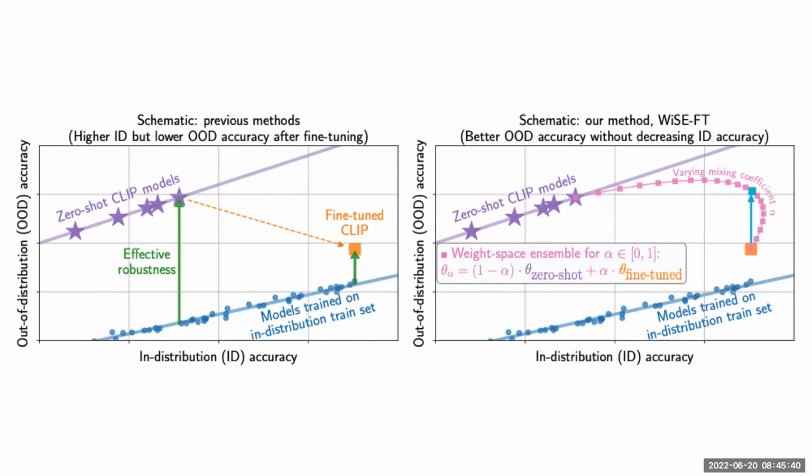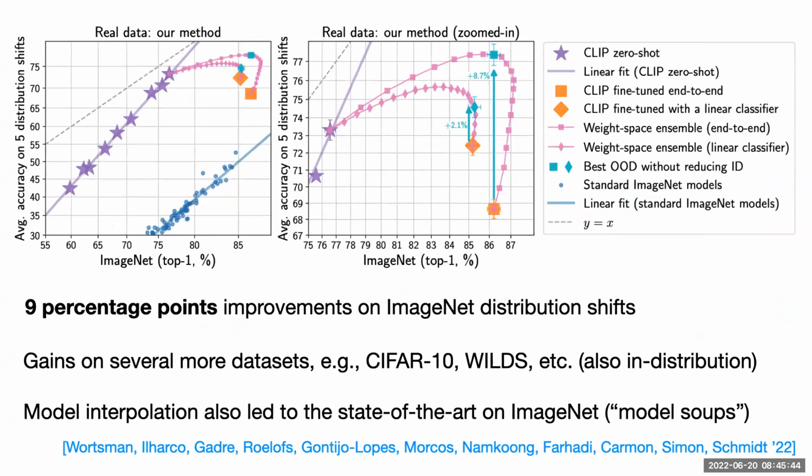If you want to learn more about this, you can go to our oral on Wednesday. Gabriel is going to give an entire talk on this, so I'm going to keep it short now, also in the interest of time. I'm just going to tell you that this allows you to improve out-of-distribution accuracy compared to what we had from OpenAI with the CLIP models. And then we improved this fine-tuning via weight space interpolation technique more. This also led to the state-of-the-art model on ImageNet as of a couple of weeks ago.